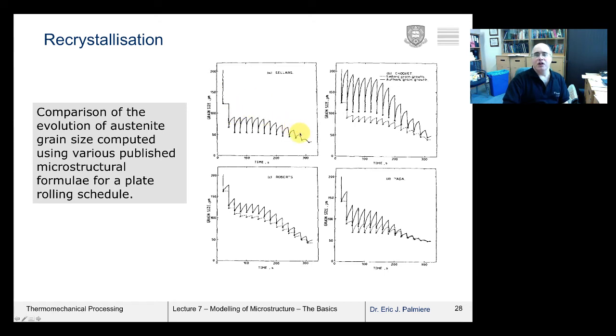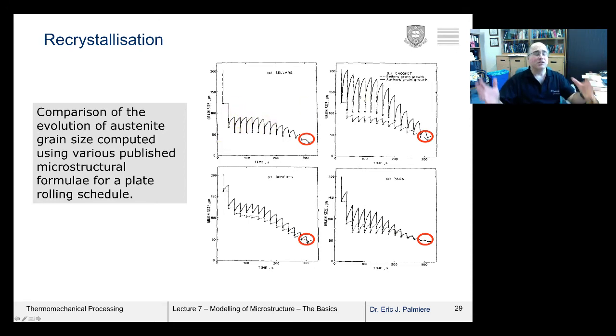So everything starts off the same, obviously, at the beginning, because that's known, that's understood, but the individual models take us on a slightly different path dependent upon each of those particular models. But one of the interesting points is the end point, that is, the end microstructure that each of the four independent models predicts is remarkably the same. So irrespective of the path,